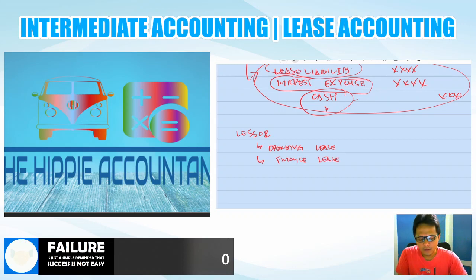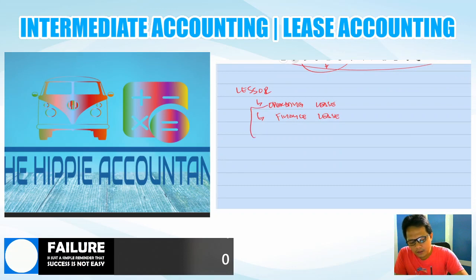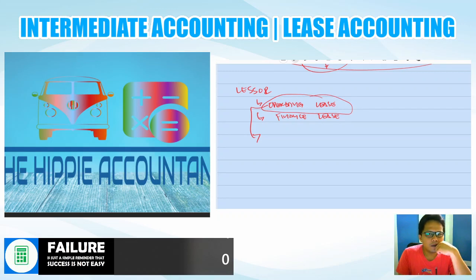Di ba? So, if it is an operating lease, very straightforward yung subsequent recognition natin dyan. That is, only to recognize the cash as a debit, then credit your rent income. Very straightforward pag operating lease. However, pag finance lease, medyo naging komplikado siya because